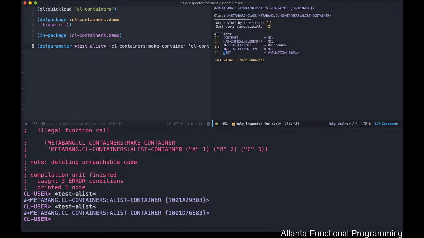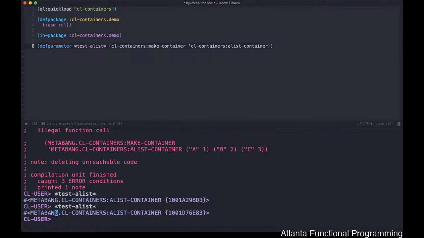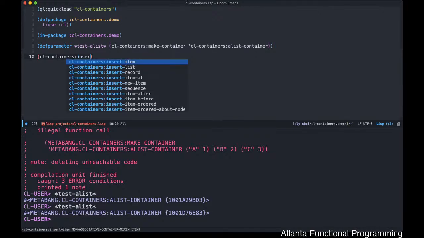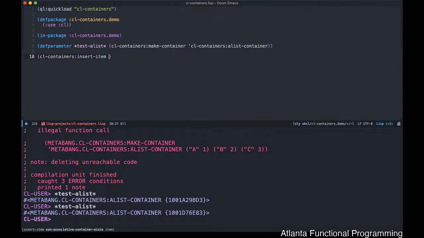So we have an associative list. What can we do with this? We can add stuff, we can remove stuff, and we can filter things. I'm just going to first go through inserting a new item into the container. And to do that, you have essentially, sorry, let me do it here, CL containers insert item, you specify the